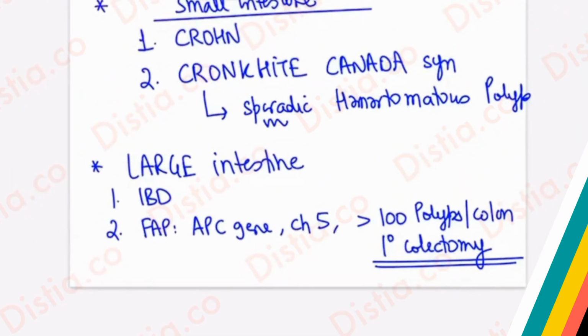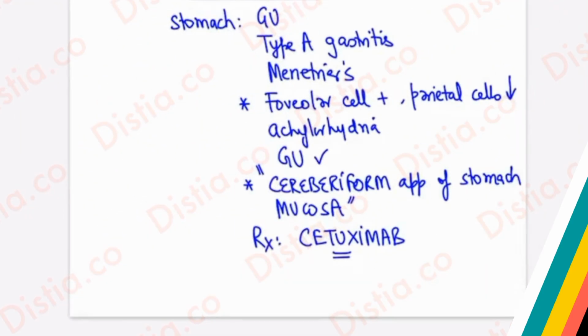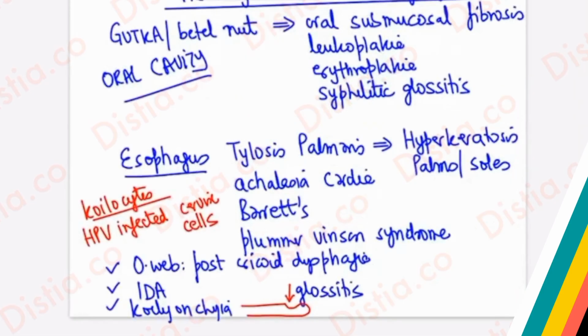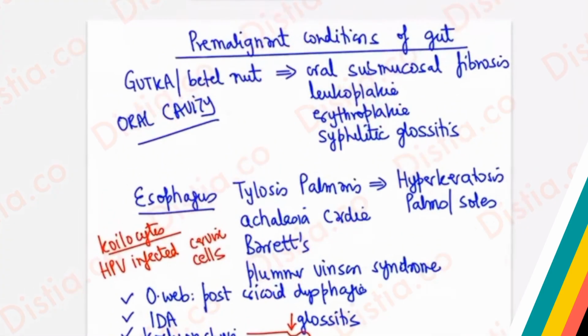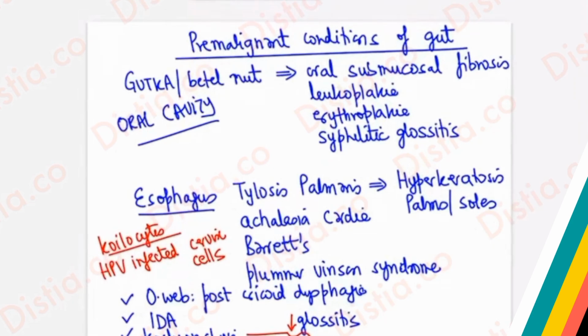This is a list of various pre-malignant conditions with respect to small intestine, large intestine, then the stomach. Then I spoke about esophagus, and then I spoke about the oral cavity. And for oral cavity, I want to highlight once again, oral lichen planus is plus minus, right? Depending on the circumstances in the question, you need to adjust your answer. I will now mention a similar kind of condition, like I mentioned for oral lichen planus, related to the gut, plus minus for pre-malignant,